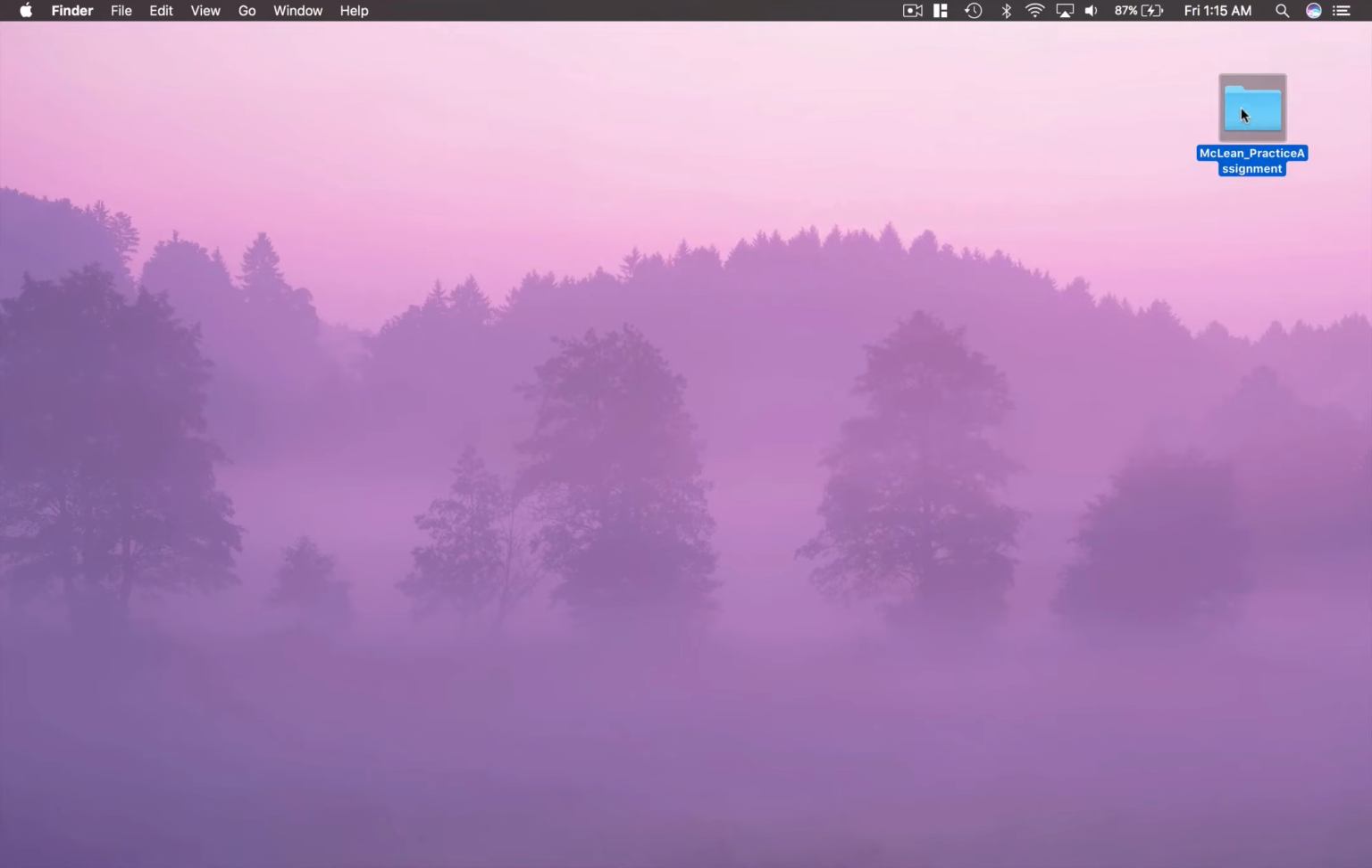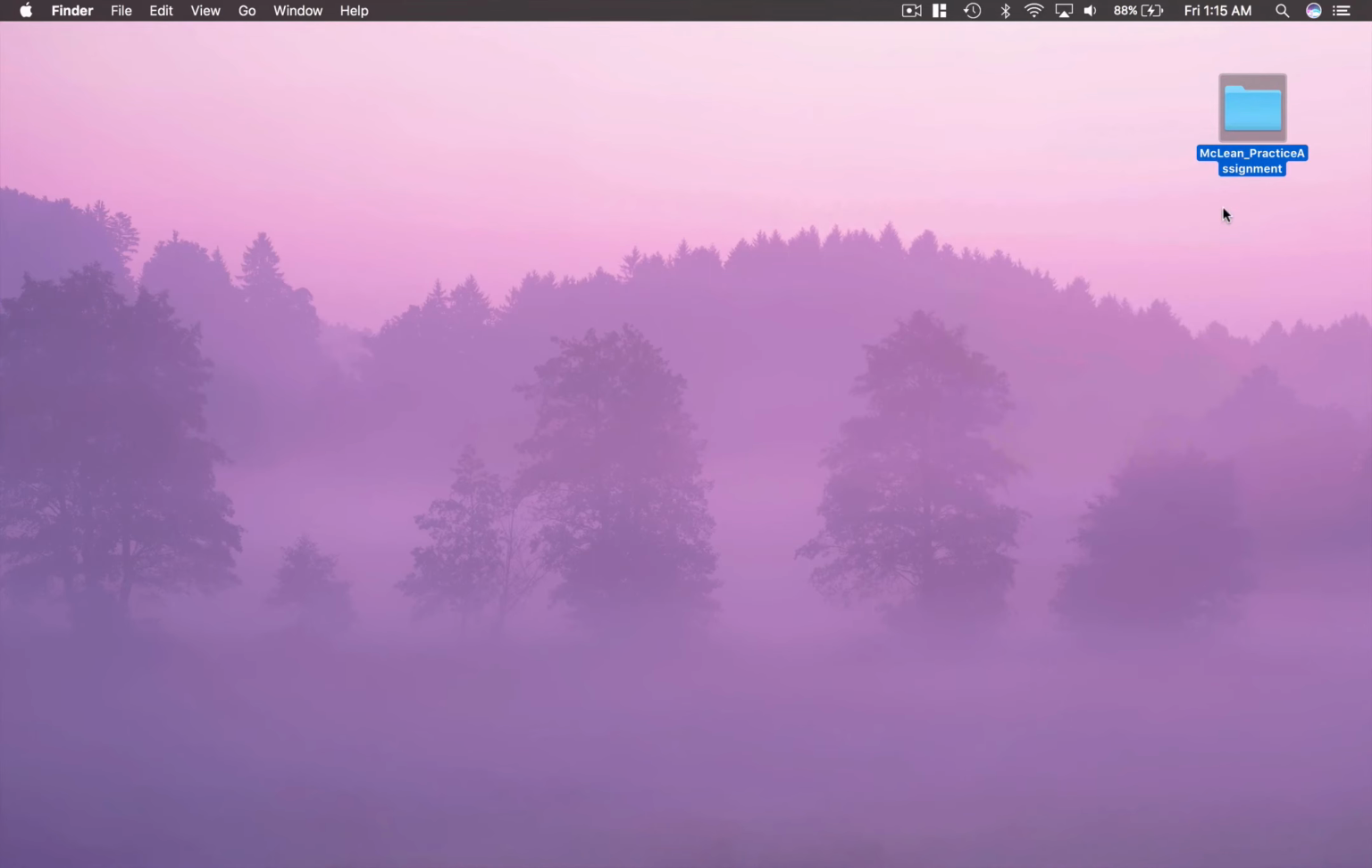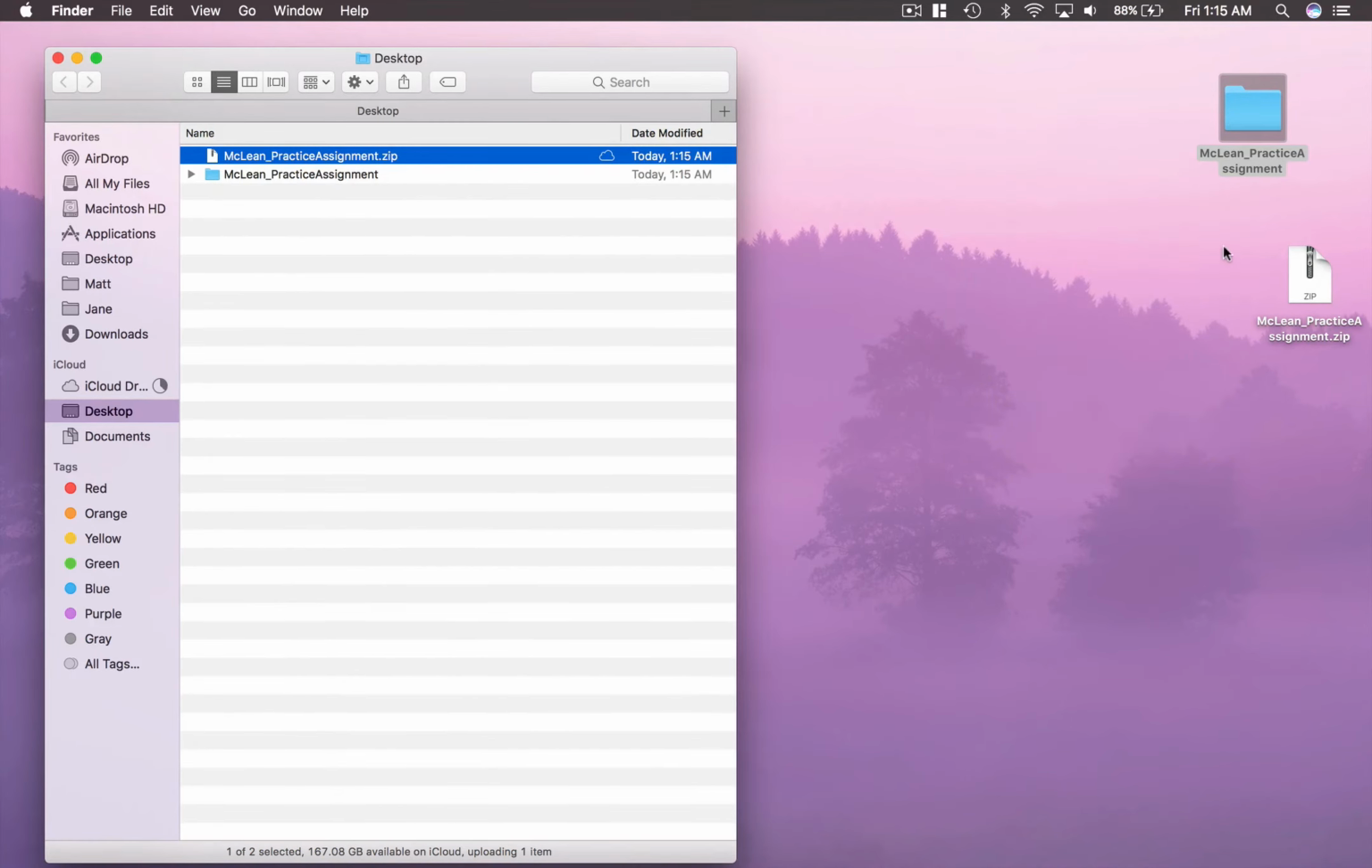And the last step is to compress it. So I'm going to right click on this, and then you go to compress. There is one extra step if you have a PC. You right click on it, and then it says send to, and then you compress it into a zip file. I hit compress, and it should create a zip file on the desktop. Sure enough,